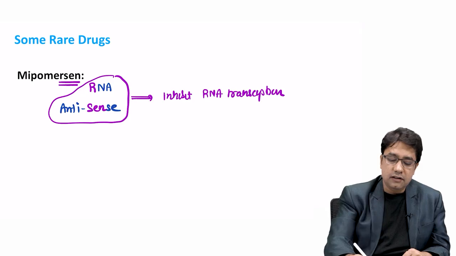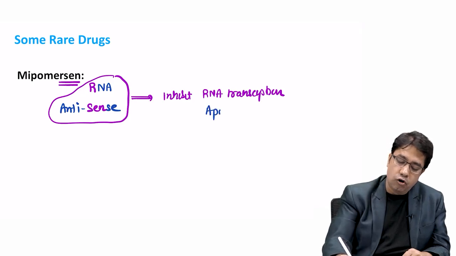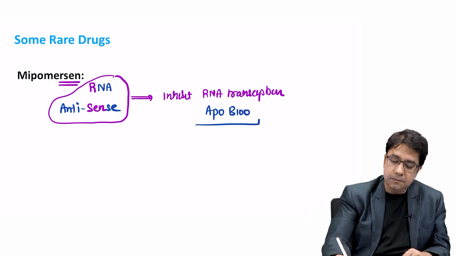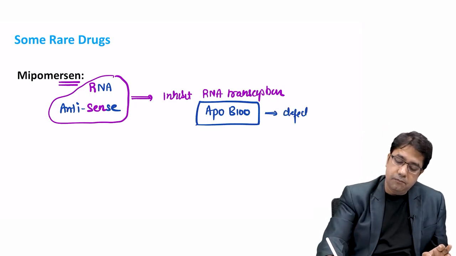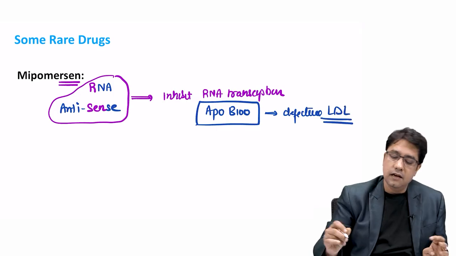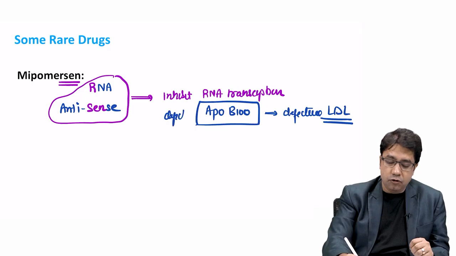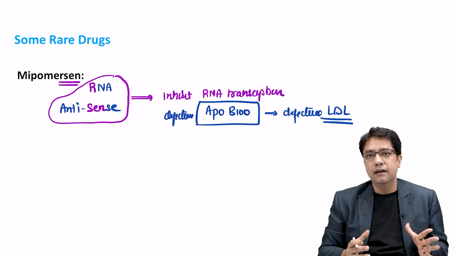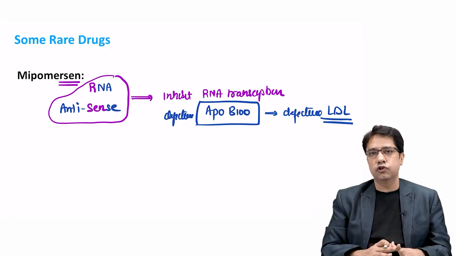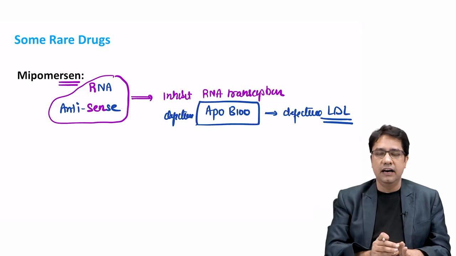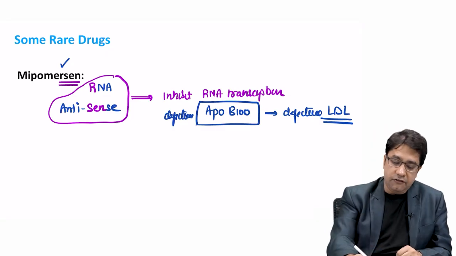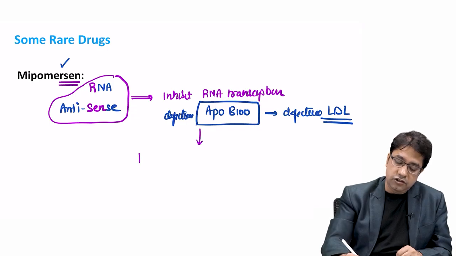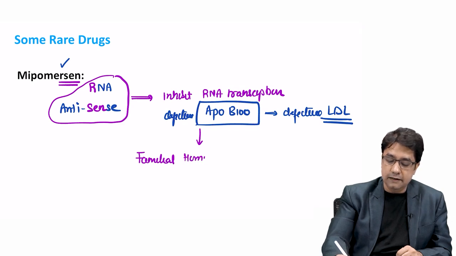Agreed? So let's take that normal RNA as ApoB100. There must be some RNA of ApoB100 which is making some defective type of LDL. If there is some defective ApoB100, which is a part of LDL, its transcription is reduced by the antisense strand of RNA. The drug name is mipomersen. In which condition is there defective production of ApoB100? One genetic condition known as familial homozygous